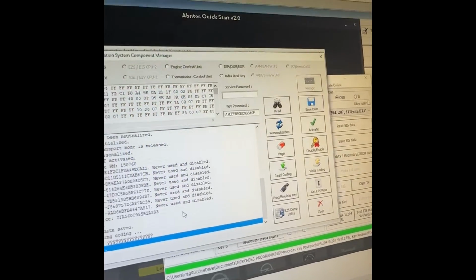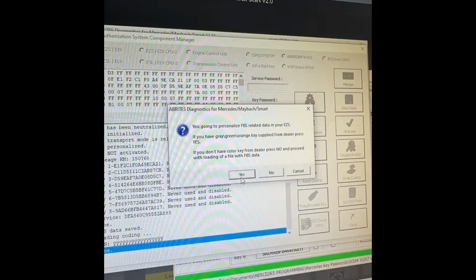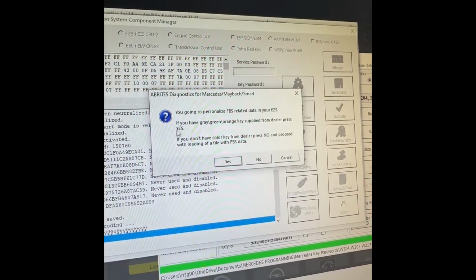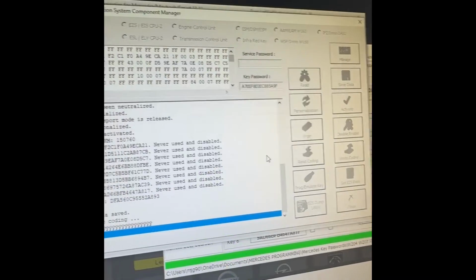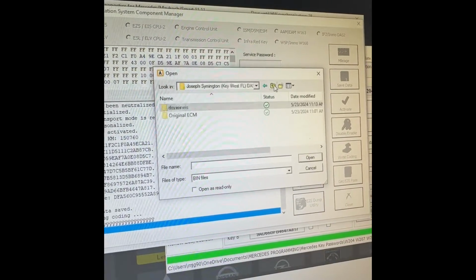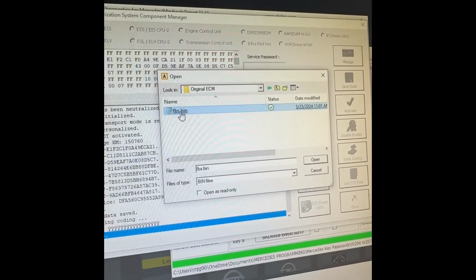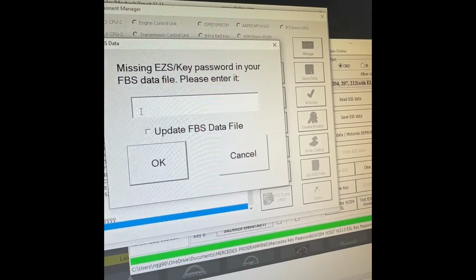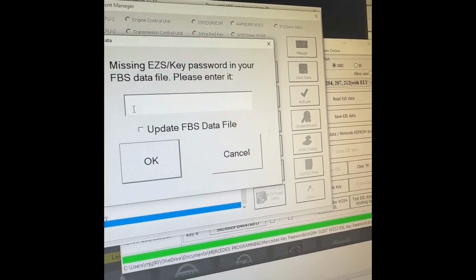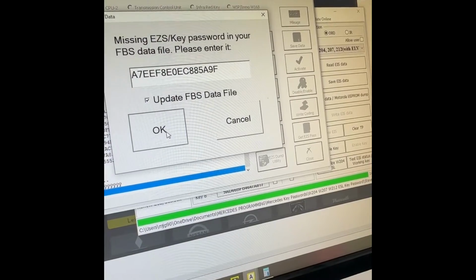We're going to personalize this now. So we're just going to go personalization. We're going to say no because we don't have a green, gray, orange key supplied from the dealer. We're going to say no. We do have the original ECM FBS data, and that's going to be just as good. Now it says it's missing the key password in your FBS data file, and it is missing the key password. We have the key password. We're going to update the file, hit OK,